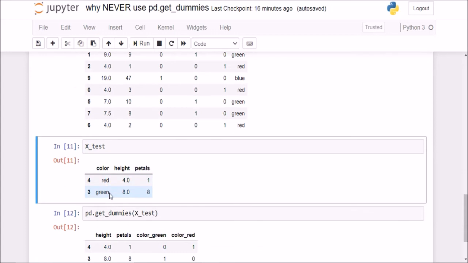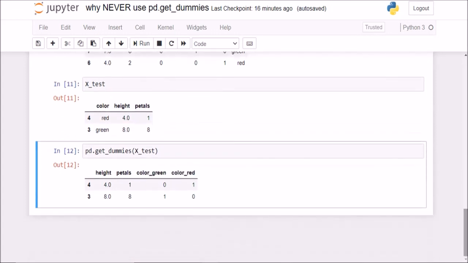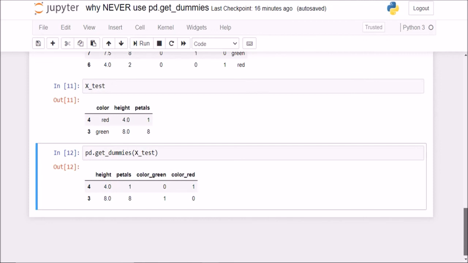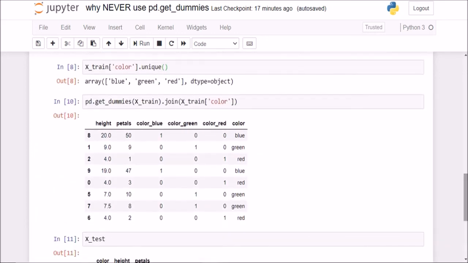We had only red and green and it couldn't process it properly. So getDummies is actually not at all suitable for machine learning. It is pleasing on the eye, of course, because it gives you a data frame structure and such good column names as color_green and color_red. So it is good for learning purposes, but it should never be used for your machine learning workflow.